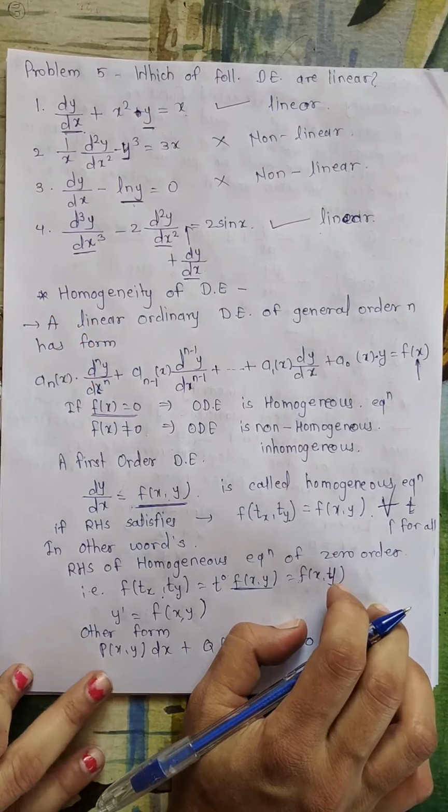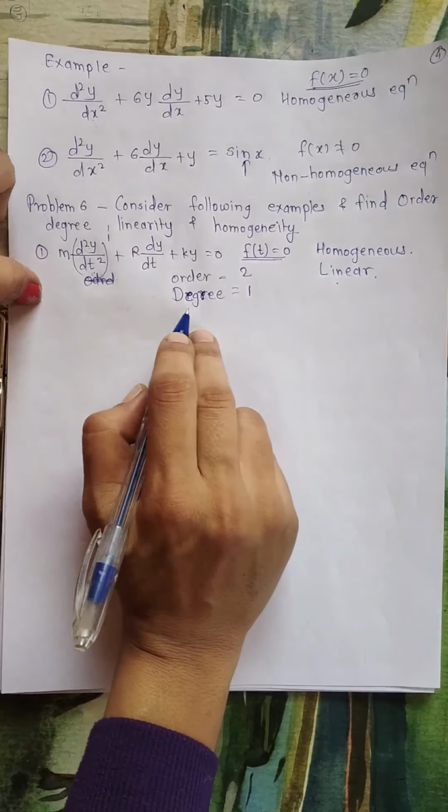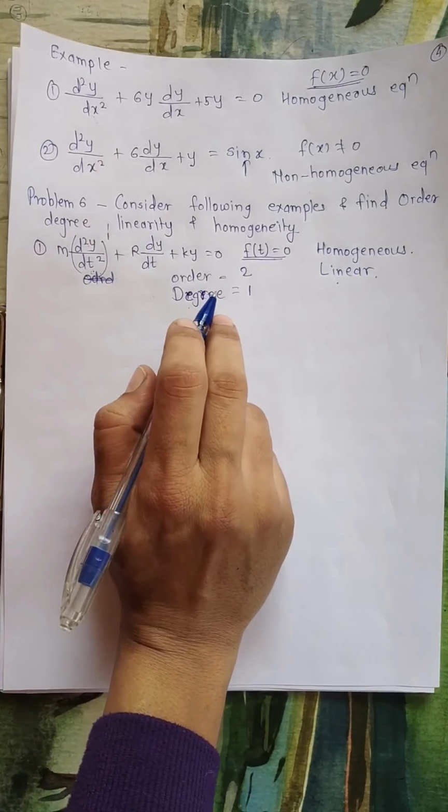Now let's discuss what its order and degree are. Order is defined by the highest order derivative term, which is this. Here order is 2, here order is 1, so this term defines the order, which is 2, and its power is 1, meaning the degree of this equation is 1. So this is a second order linear homogeneous differential equation having degree 1. Now let's see the second example.